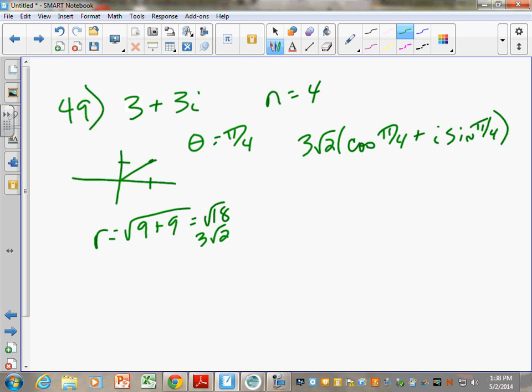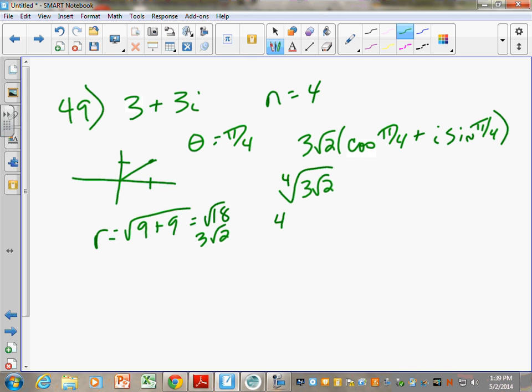And then when you start finding your roots of this, you've got to take the fourth root of this, and that looks really ugly, right? So two ways to write this. One way, you could say the fourth root of 3 radical 2. I took it to the fourth power. Not fourth power, fourth root. That's what I got. And the back of the book says 8 because they're leaving it as the square root